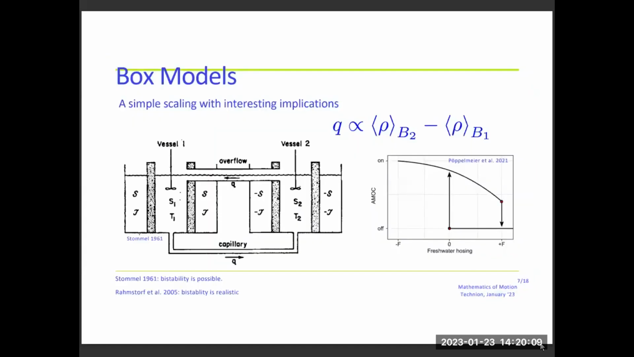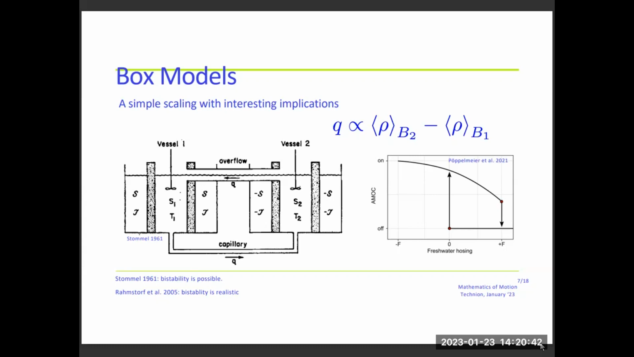Okay, so let me show you a very simple, very elegant model that is extremely insightful, that was thought up by Stommel in 1961. So Stommel envisioned two basins of water, one with salinity S1, temperature T1, one with salinity S2, temperature T2. Each one of them is connected to a thermal and salinity bath, and there is a flow between these